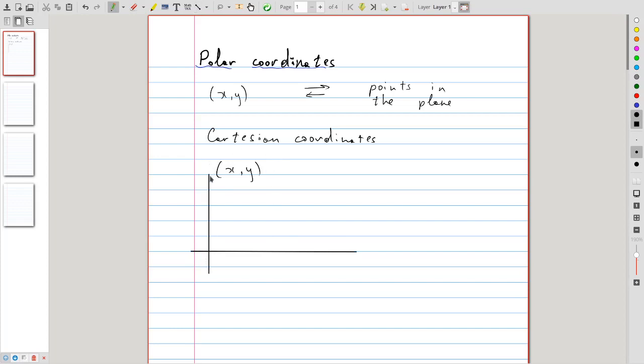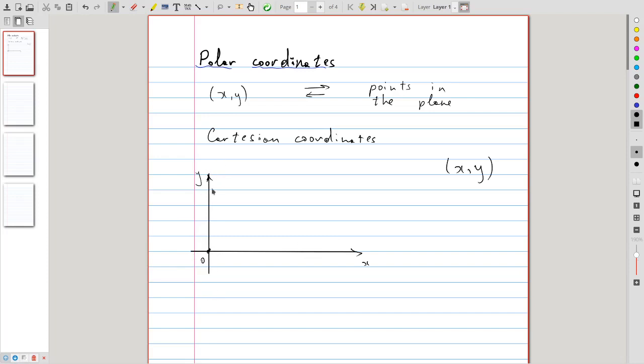Then what you have to do is start at the origin right here, move x units to the right, or left, depending on the sign of x. So if x is positive, you would move x units to the right. If it's negative, you would move the absolute value of x units to the left,